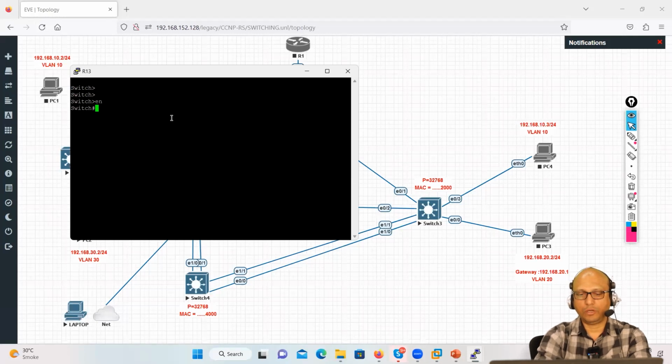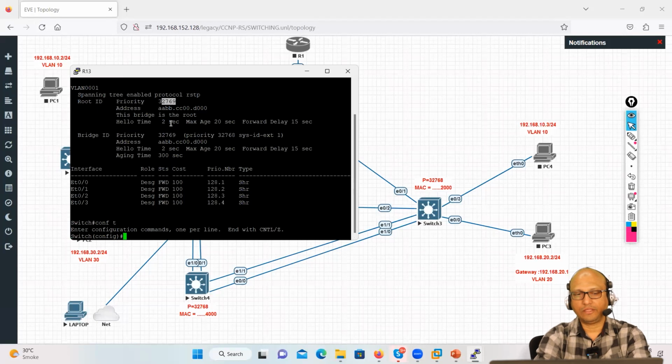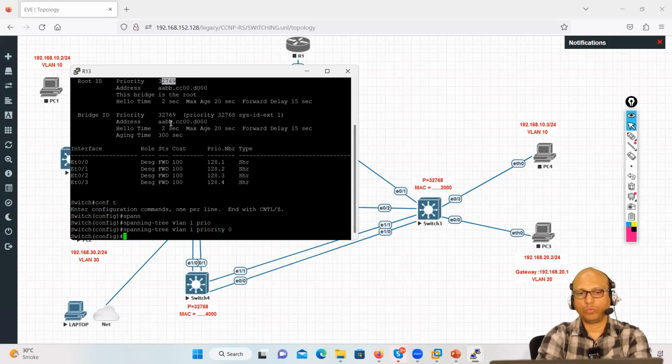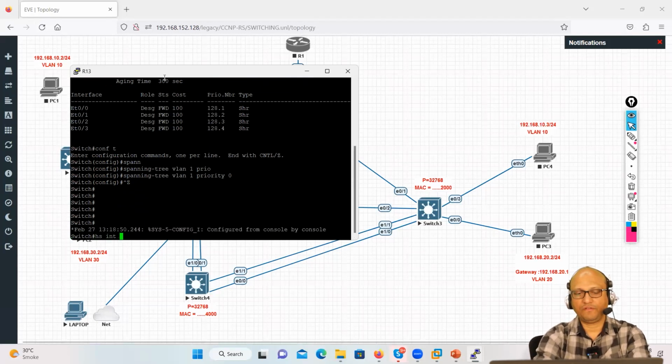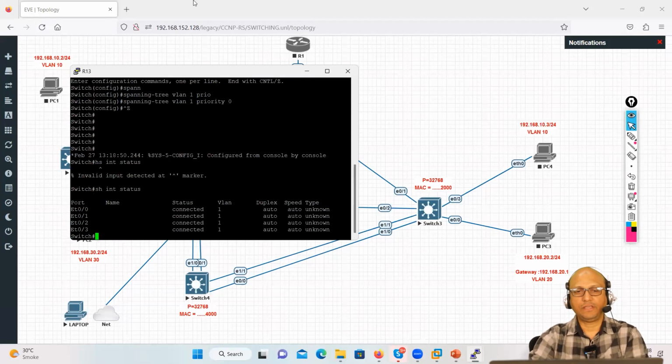so if I go here and say show spanning tree, you can see the priority is 32,768. So, I just change the priority. What is the command? Spanning-tree vlan 1 priority, I set it to 0. Show interface status. So, I changed the priority of this switch,